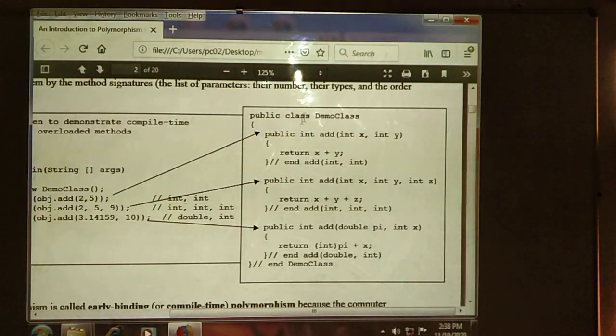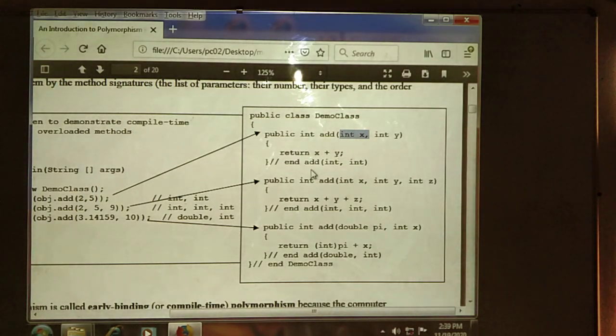Here we create the class Demo class, public. In that we declare how many methods? Three methods. The first method is public int add, with two parameters, int x, int y, and we return x plus y.